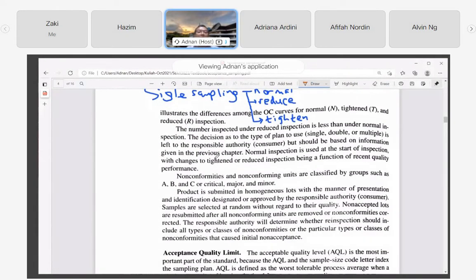Okay. So this paragraph is telling us that the number inspected under reduced inspection is less. Okay, when we implement reduced inspection, kita menyemak kurang. The number that we need to inspect is less compared to the normal inspection. Okay, the decision as to the type of plan to use, single, double, and so on, is left to